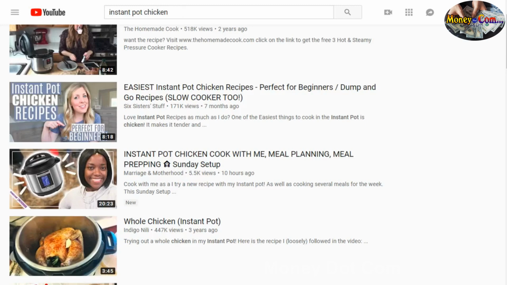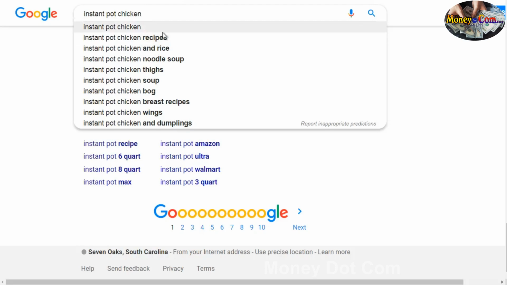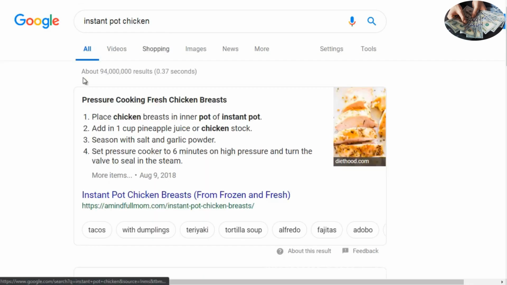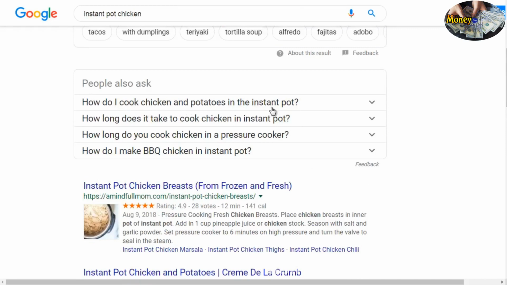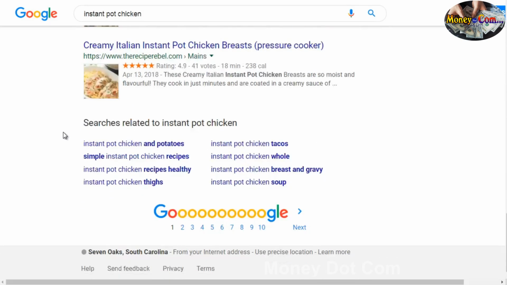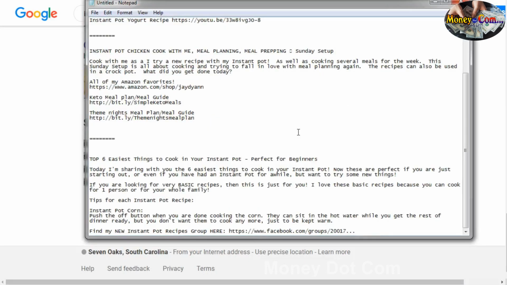So we could potentially make it about Instant Pot Chicken. And what I would do is go back here. Let's say we want to title it the Instant Pot Chicken. What I would do is I would scroll here and take a look at questions people are asking. So how do I cook chicken and potatoes in Instant Pot? How long does it take to cook chicken pot, Instant Pot? We scroll down, and what I would do is grab these keywords. So I would grab these keywords,